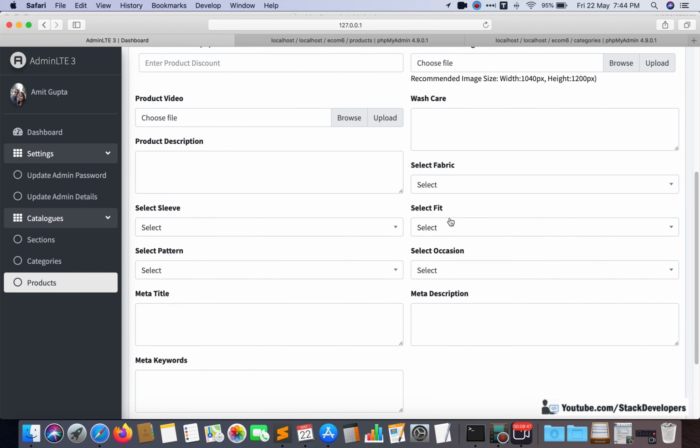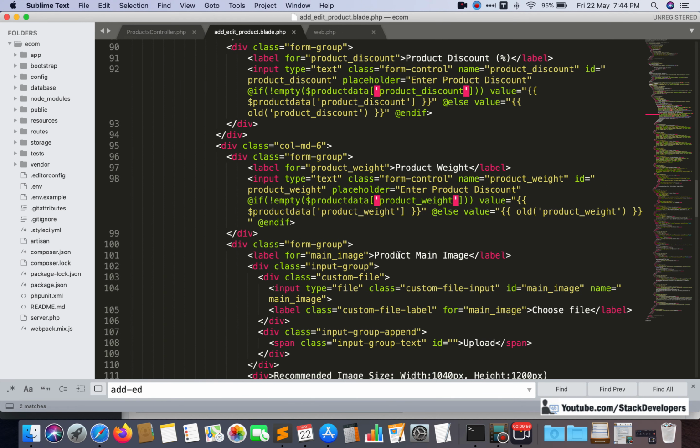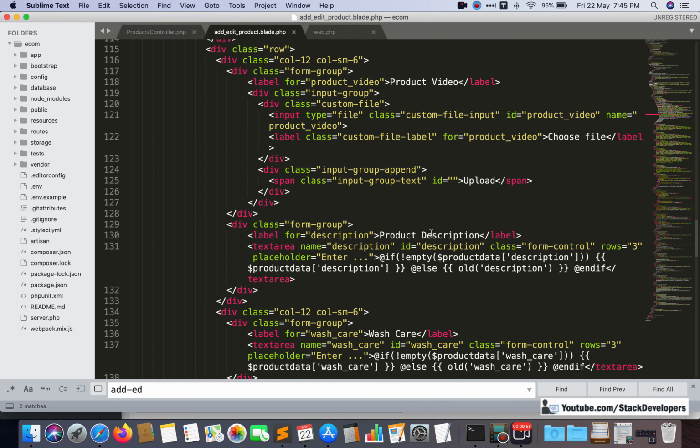Also we want to show here fabric, sleeve, fit and pattern data. So for this one we will again update, and the rest of the data will come up.